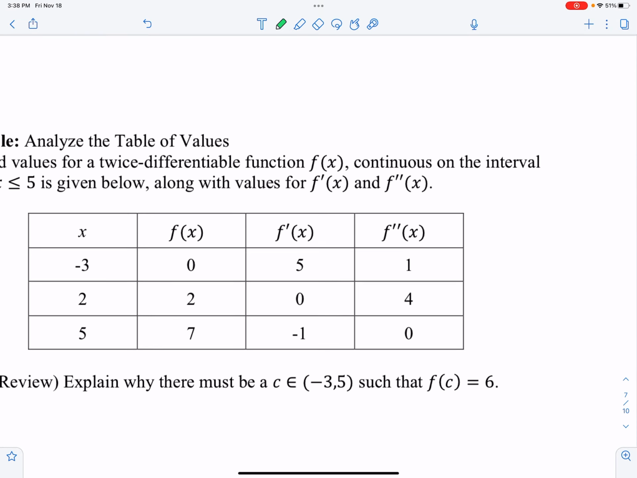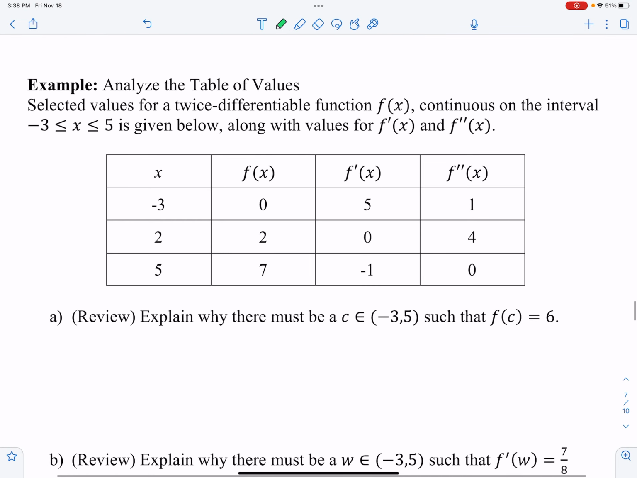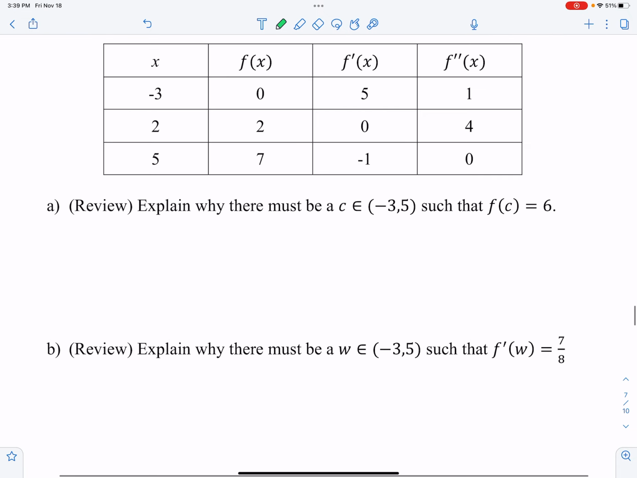Okay, so that was reading the graph of the given function f. Now we're going to look at a table of values for a twice differentiable function f of x, which is continuous on the interval from -3 to 5. So f is continuous from -3 to 5. And then we're also given the values at those chosen x values, which look like the endpoints of the interval, and then one other value for f prime and f double prime. So questions A and B, I've indicated they are review